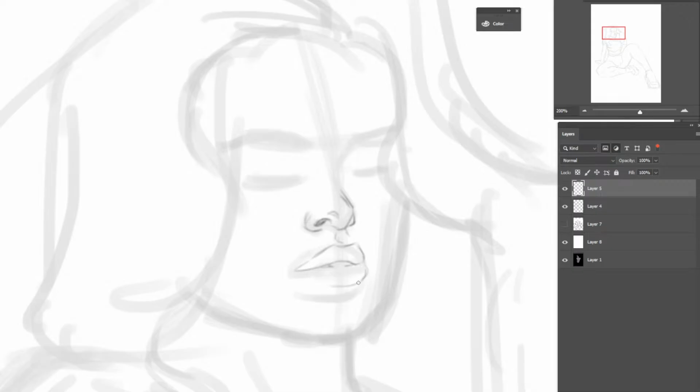Yeah, see? So it's not fully using the lines that are underneath, but kind of, right? And then